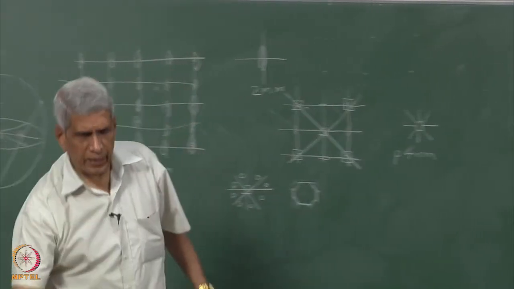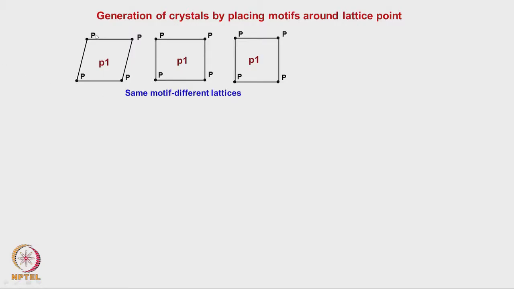But around each lattice point I am putting an asymmetric motif. When an asymmetric motif has been placed, we have to place the motif at the identical position at every lattice point. When we do that, if you look at this crystal, what is the symmetry which it has? Only 1-fold symmetry, right? The 2-fold symmetry is lost. And here you see that it is essentially a rectangular lattice, where when we keep an asymmetric motif, only 1-fold symmetry is present, right, P1.